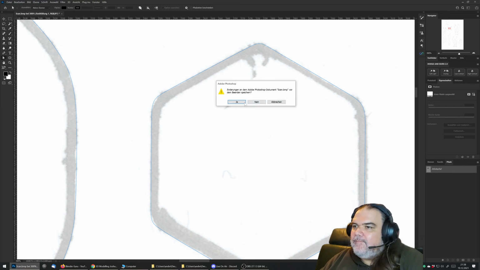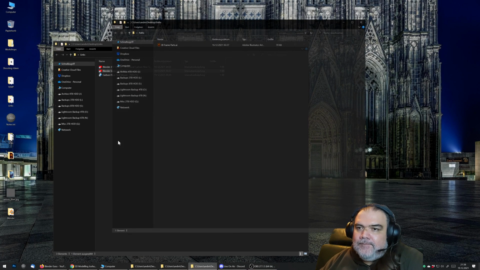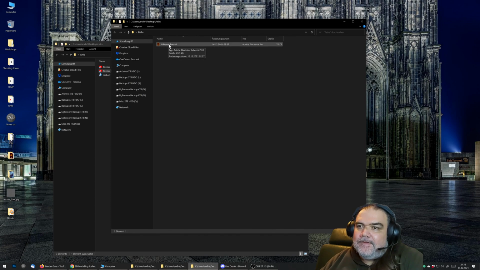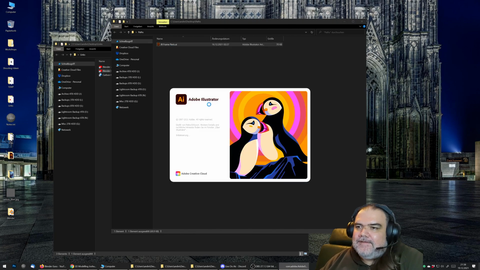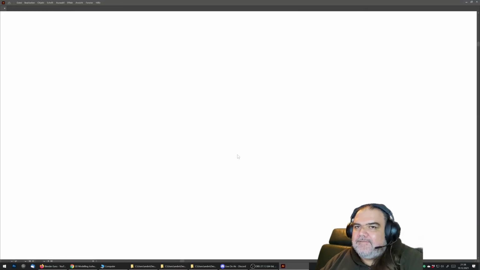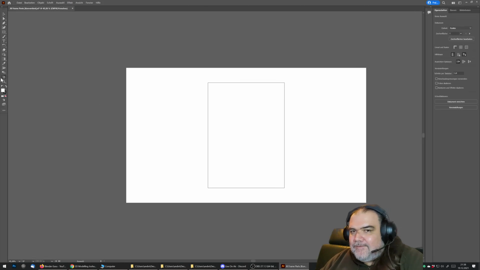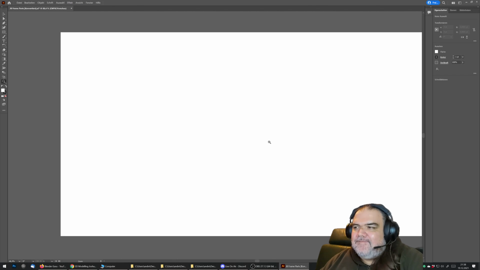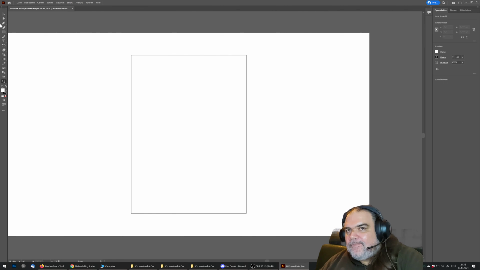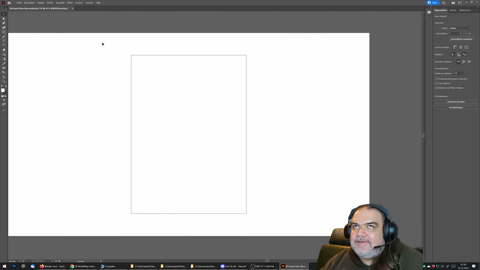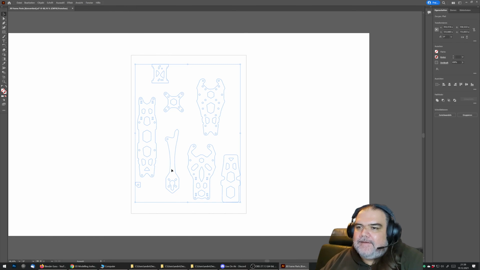We're not gonna need Photoshop anymore, so I can close that. It will create an Illustrator file, and if you open that, you can use, of course, any other software that can read these paths. I'm a subscriber to Adobe's Creative Cloud membership, so I have all of them. I know sometimes it's hard to find good alternatives, but as I said, there's Affinity Designer, which can also read Illustrator files. You cannot see anything on this just now, but if you use the arrow here, you can select all the